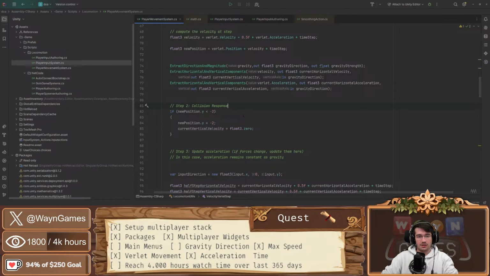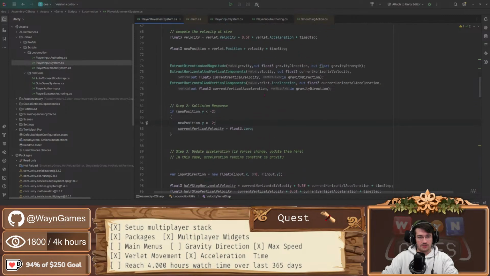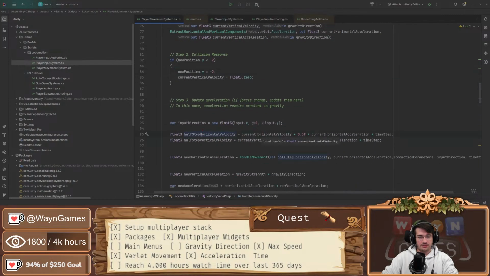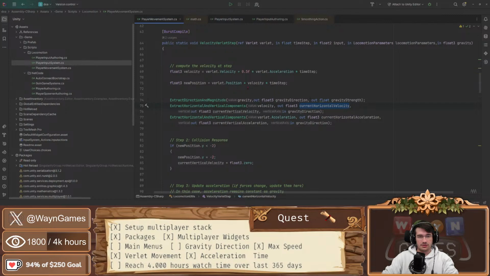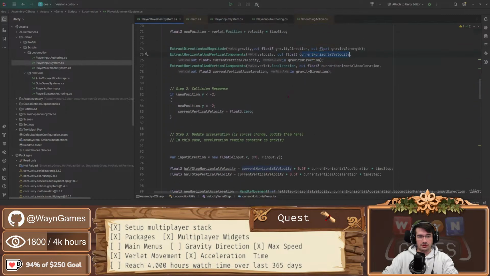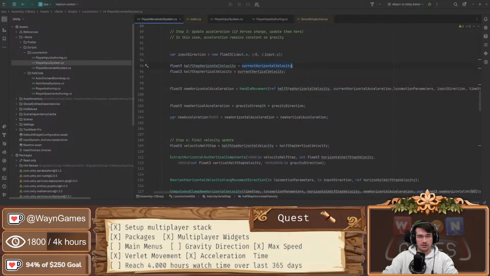Okay, and I have my half step horizontal velocity, which is now my horizontal velocity. Okay, so that can be directly this, and this one can be directly this. So can remove